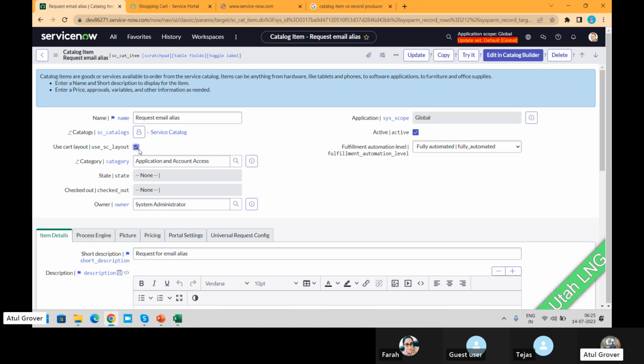If I use this use cart layout, it may show one or two fields which you can make available or not available. Mainly these things can be achievable, but to do this cart part,